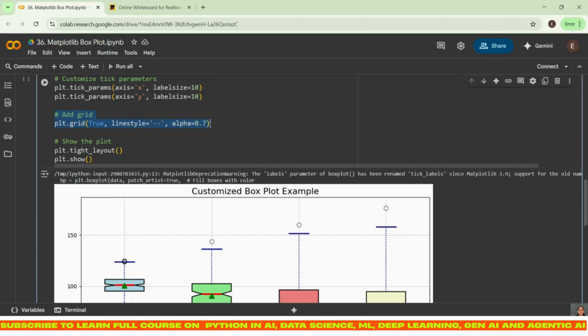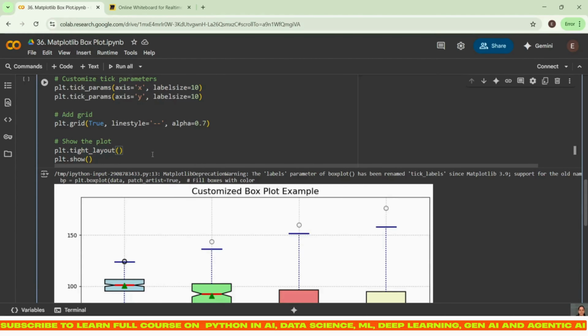Then this is again optional, guys. plt.grid: if I want I can keep the grid, if I do not want I can just keep it false, or you don't need to include it at all. So in plt.grid, I am setting true, and the line style should be dashed. Alpha is our transparency level. Then I am using tight layout. Tight layout means no components are going to overlap with each other. Everything is going to be crystal clear and will look good, so that is why we are using it. Again, it is optional. If you do not keep it, that is also fine. So plt.show we will do.